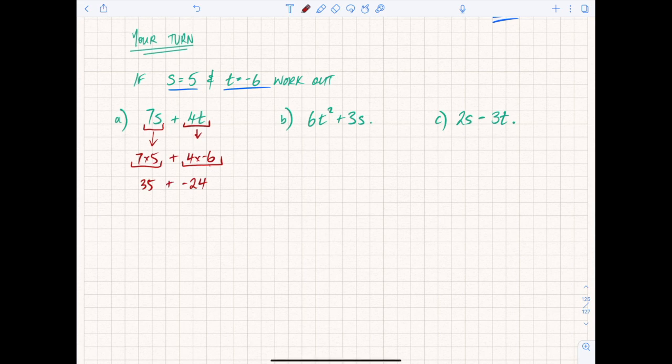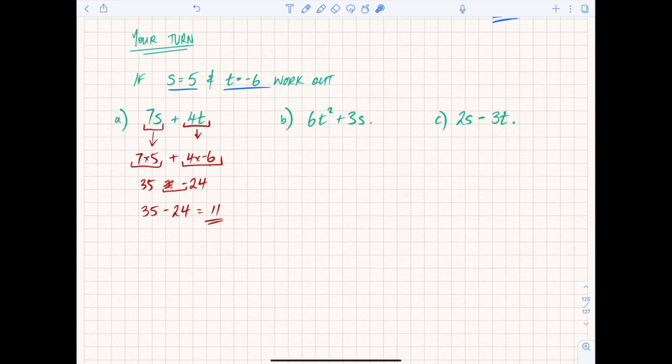Bring your positive down. And now, because we've got a plus and a minus together, the plus is actually weaker. So what you end up doing is 35 minus 24, which gives you 11. So just really important there to be aware that 4 times minus 6 is minus 24. Bring the plus down, but then because there's a positive and a negative together, the positive is weaker, the negative